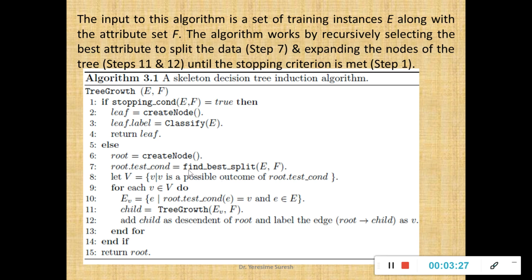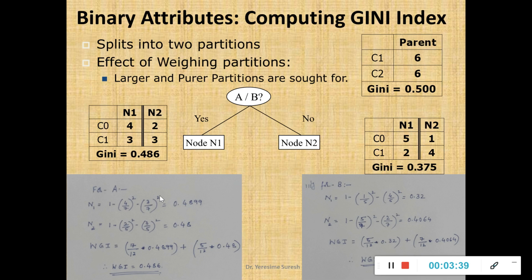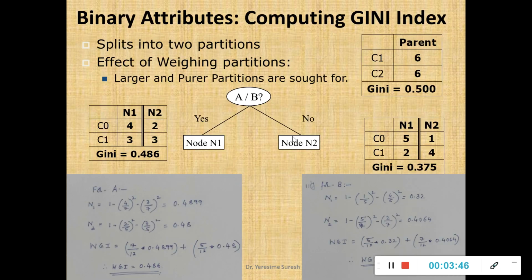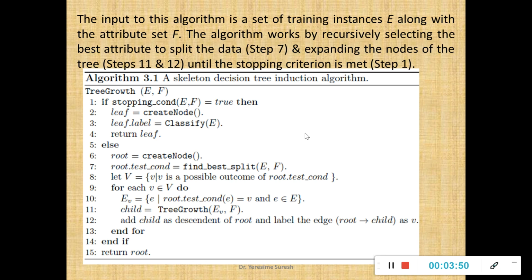So hope you have understood why we use weighted Gini index or entropy or classification error rate of a model. They will act as a measure for finding the best split. This is how I have found the best split between A and B. So once that is done, for all the possible outcomes with respect to a given node, since my non-terminal nodes might have out degree 2 or more, then for all those best splits, what I am supposed to do?